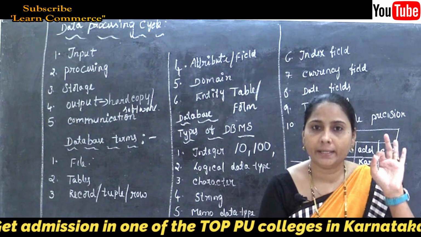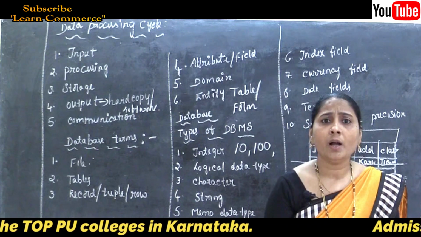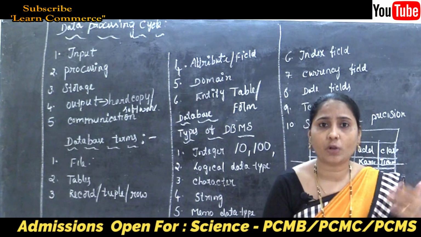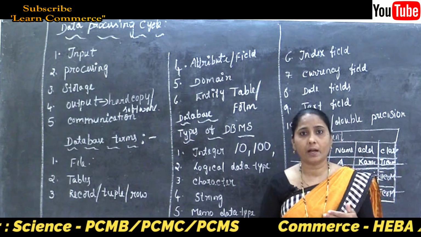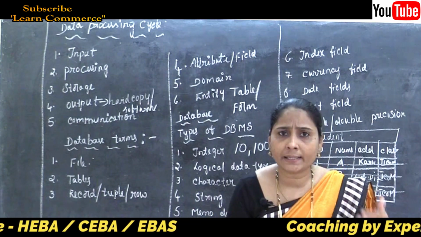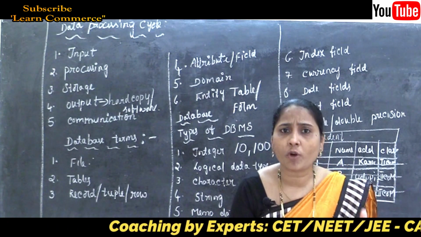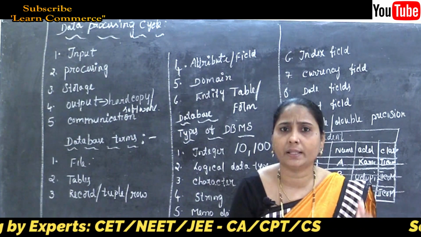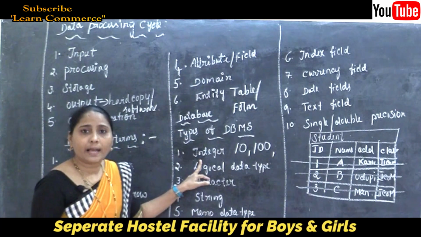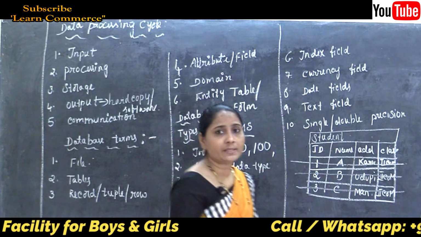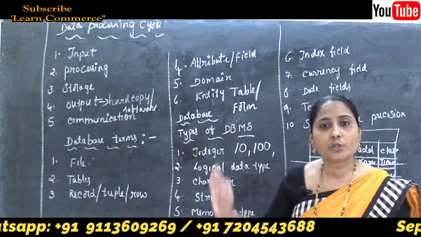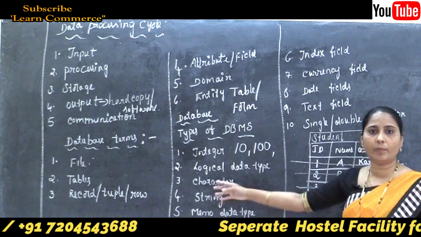So integer means here, for example, salary 10,000, 20,000, 40,000, like that we are going to enter here. But it's not necessary. Sometimes we also use the floating data type for the salary, but most of the time for the salary the data type is the integer. So here we can say that integer means a whole number without any fractional parts. Such a data type is also usable in our DBMS.